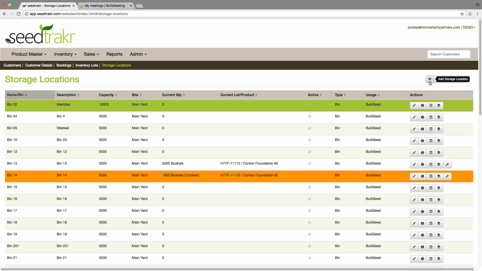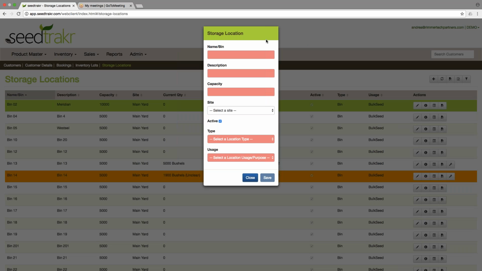Let's add a storage location by selecting the Add Storage Location action. A window will appear for entry. I will say that this one is called Bin 1. I'm going to enter a description. So typically, people enter the manufacturer name here. So maybe it was West Steel. A capacity,